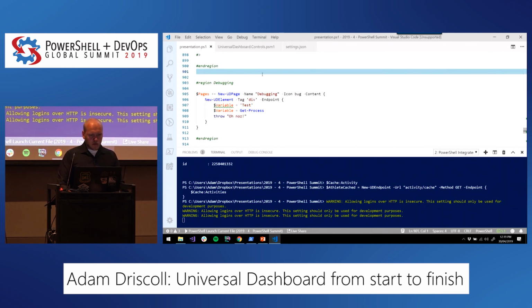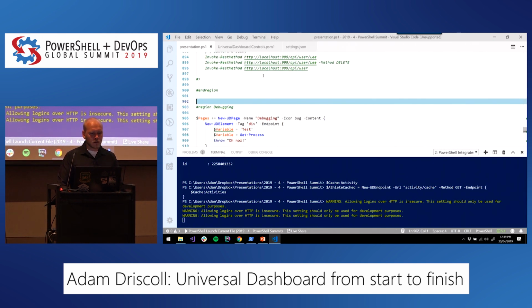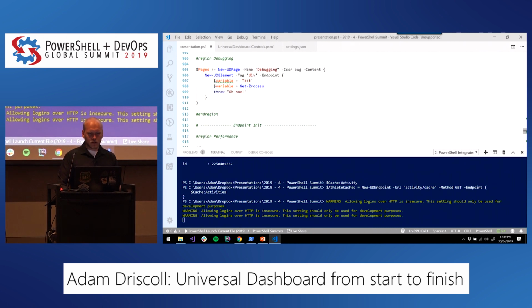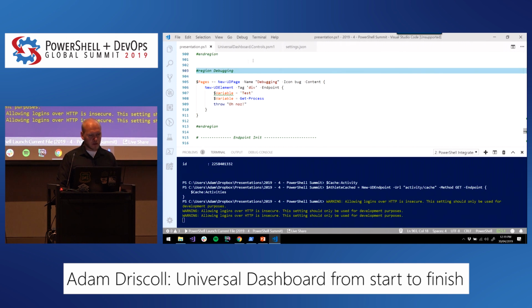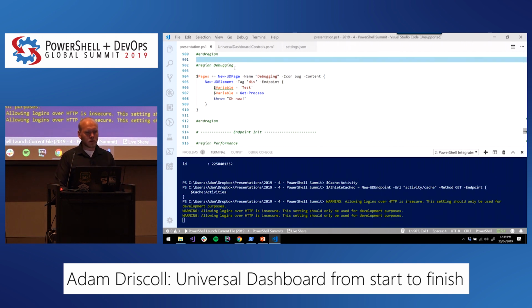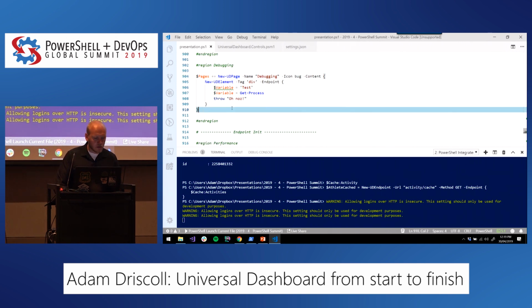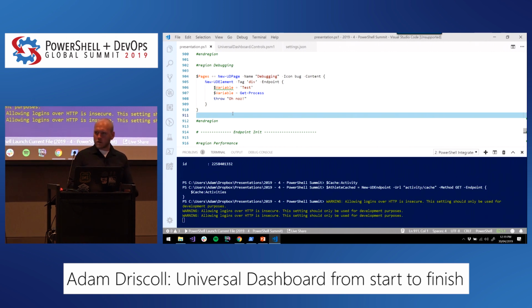All right, so there are a couple more things that I want to talk about. Yeah, so that was kind of REST APIs. There's some stuff there, but it's not super deep. But what is a little deep is that I want to talk a little bit about debugging, because I think